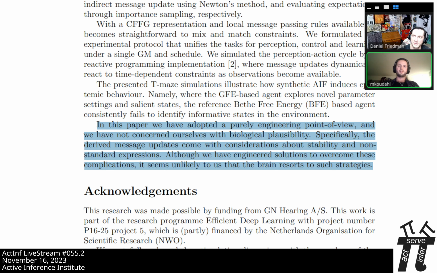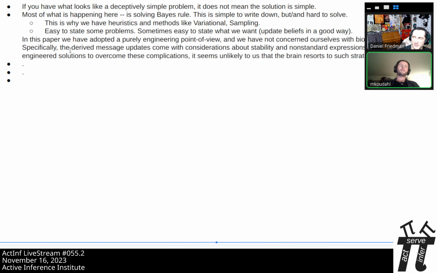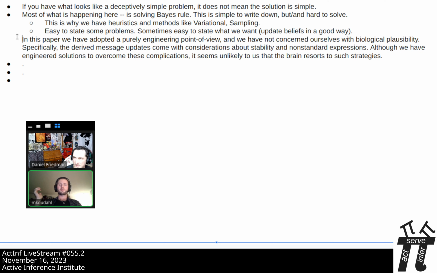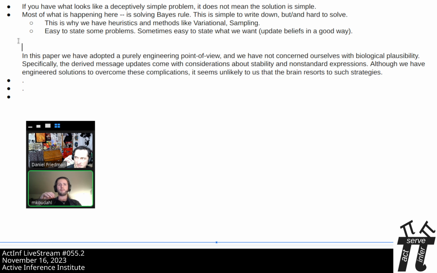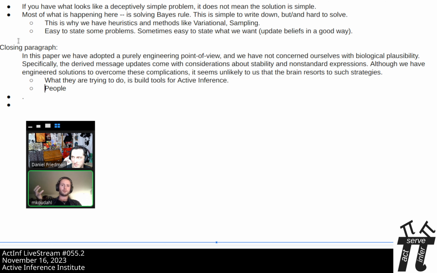So this is actually an interesting point, because I want to come at it in another way. What we're trying to do here is provide tools. We're trying to build really, really good tools for doing active inference. But as you mentioned earlier, people come to active inference and the free energy principle for all sorts of different reasons and from all sorts of different backgrounds. Maybe not everyone is interested in building tools.